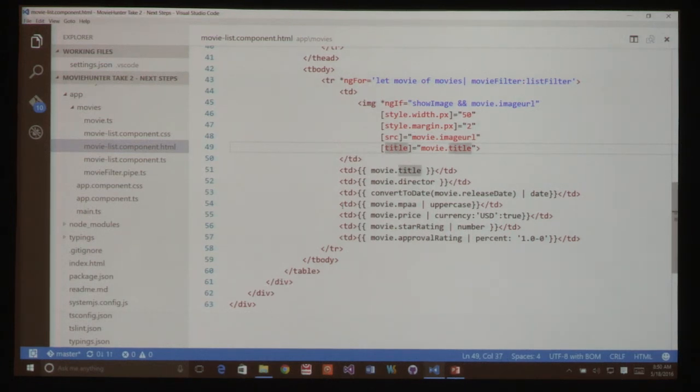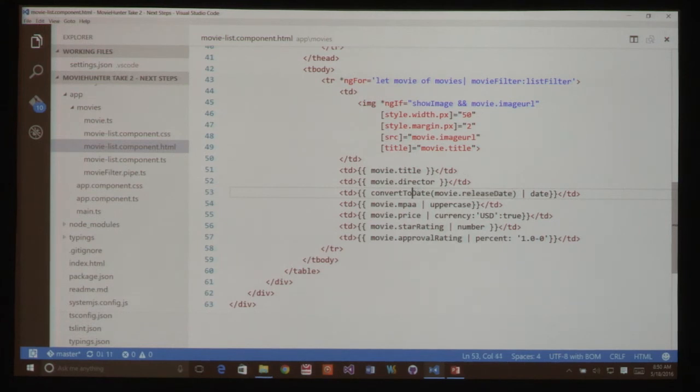Okay. Down here then, I'm using interpolation, because all this is read-only, so I can use the one-way binding. I'm binding to the title, director, the release date. Now, in order to format this date as a date, it actually has to be a date and not a string. Now, when it comes in from the server, it's coming in as a string.